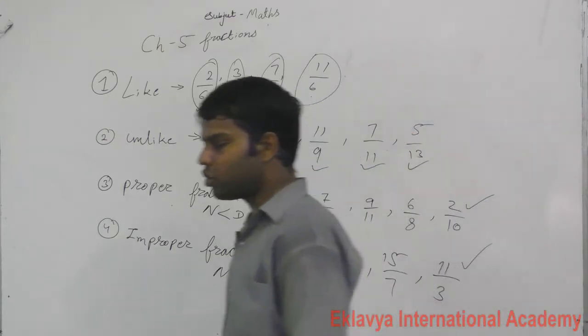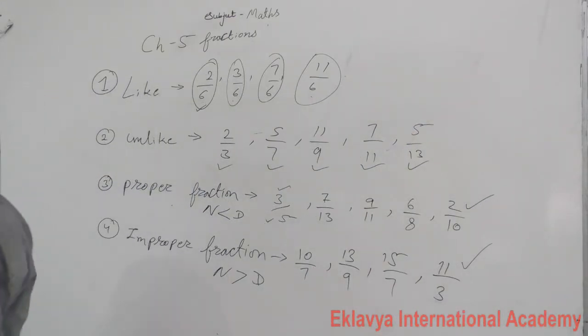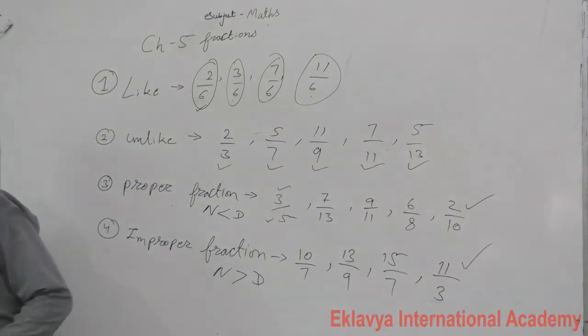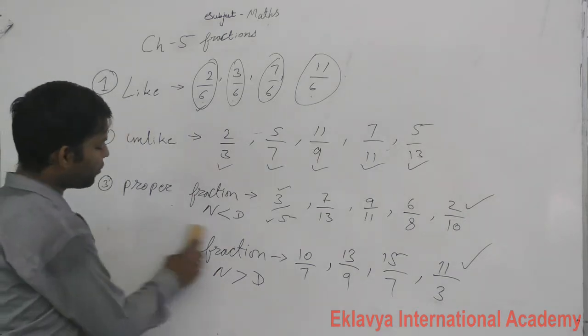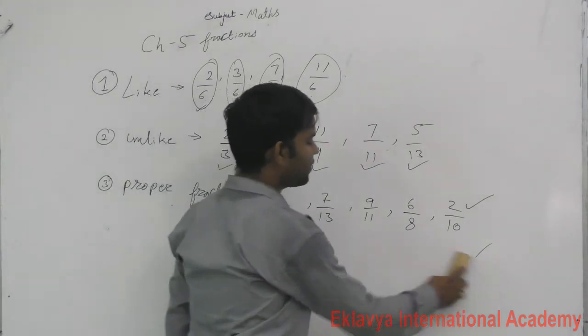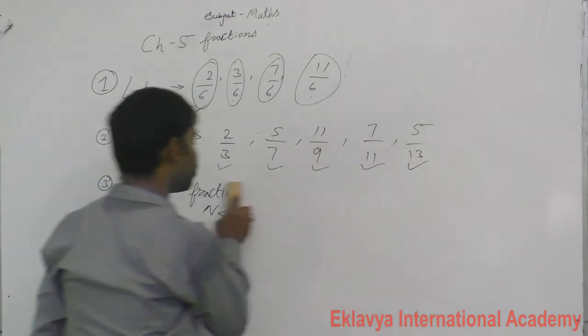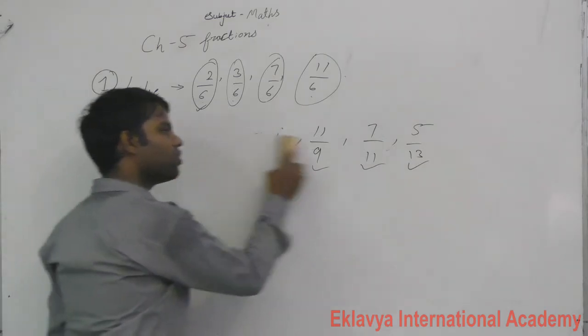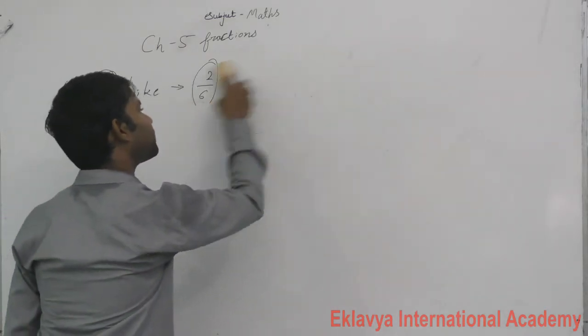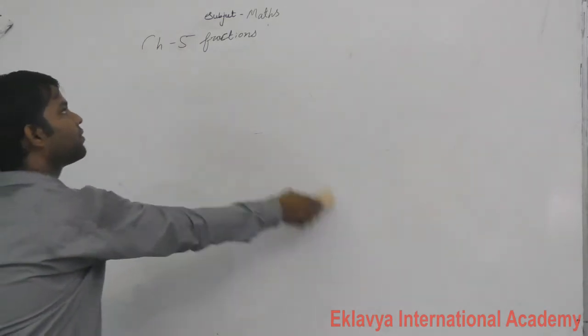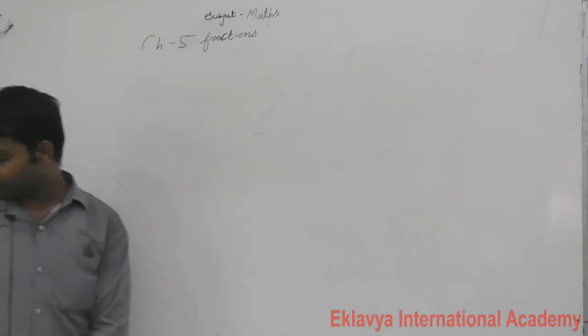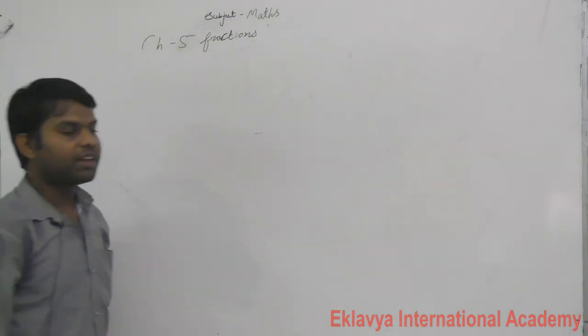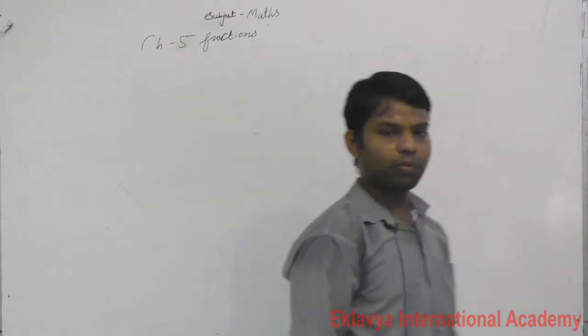Write these in your notebook and do question number 1 to 5. Today we will do only 5 questions. These are 1 to 5 in your notebook. First write all the definitions, then do the 5 questions, 1 to 5. The remaining questions we will do tomorrow.